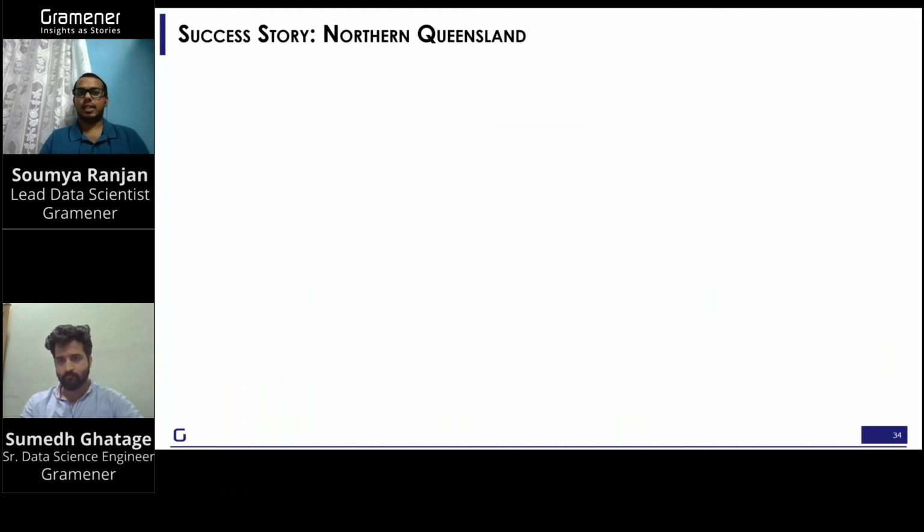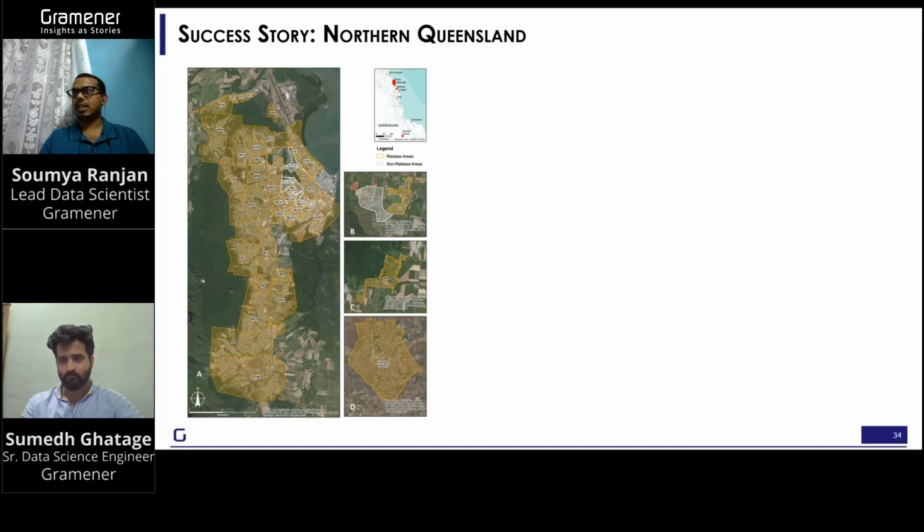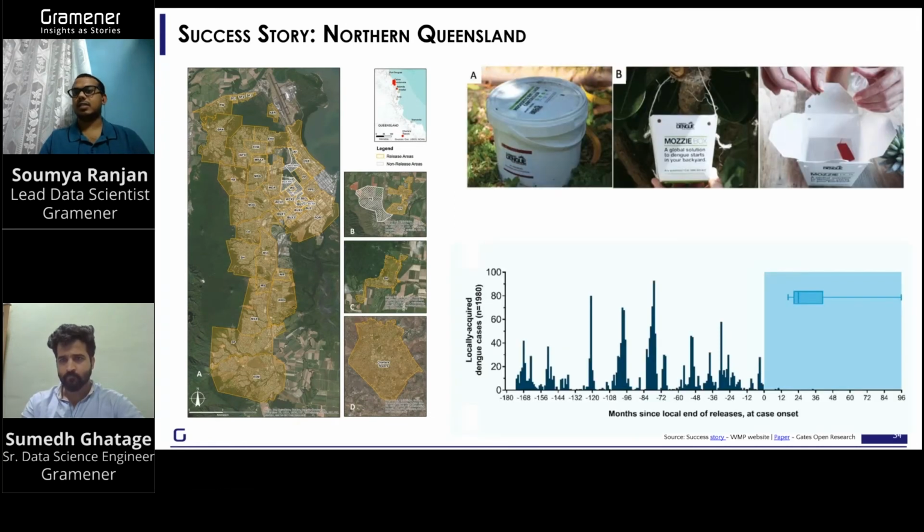They have done pilot testing in multiple sites. Here is an example in Queensland, where they release these mosquitoes in the form of small packets, either in the form of adult mosquitoes or in the form of eggs. And if you look at the graph at the bottom in terms of number of dengue cases, you can see